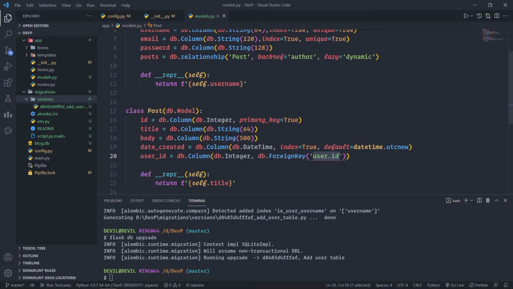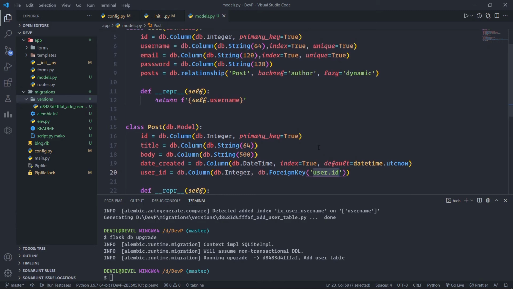The User class has a new post field, and it is initialized with db.relationship. This is not an actual database field, but a high level view of the relationship between users and the post table. For that reason, it is not in the database diagram. For a one-to-many relationship, a db.relationship field is normally defined on the one side and is a convenient way to get access to the many.